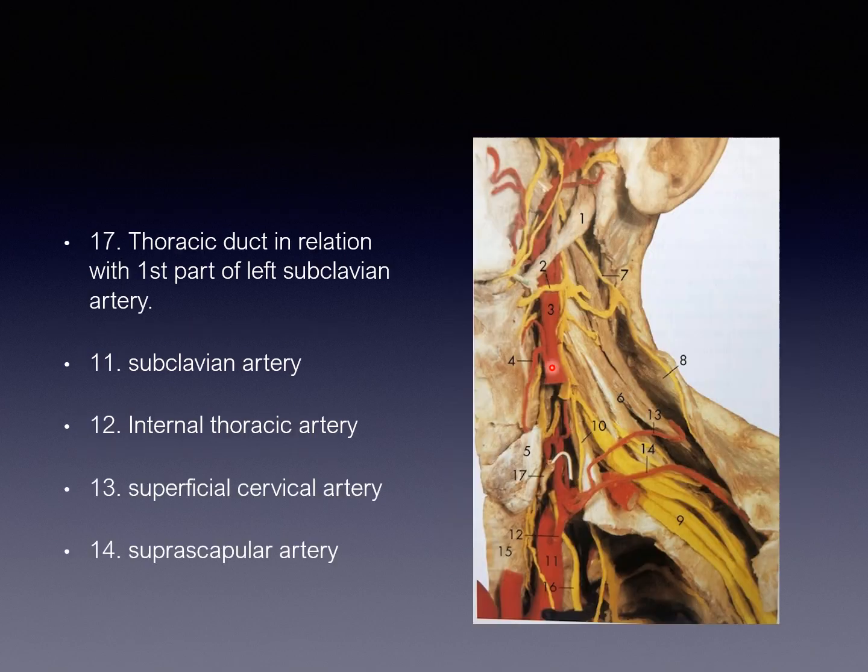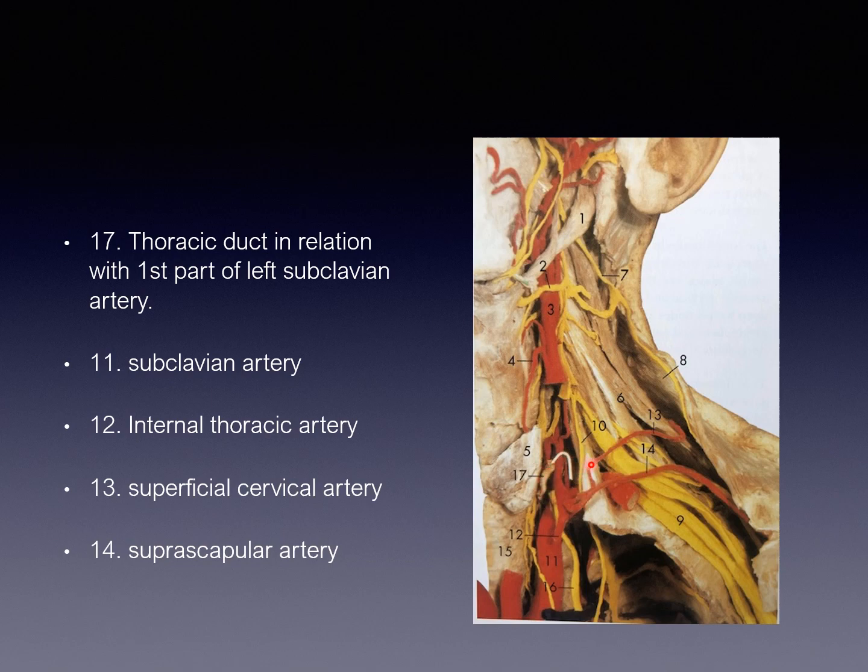The next is medial relations. For medial relation, you will have this area, you will have trachea and esophagus. If the student says trachea and esophagus, immediately he should talk about the recurrent laryngeal nerve, because the tracheo-esophageal groove lodges the recurrent laryngeal nerve. That is the MCQ here. You can see that nicely. And then again I want to show you the thoracic duct here, how nicely it is going. It crosses the artery anteriorly.